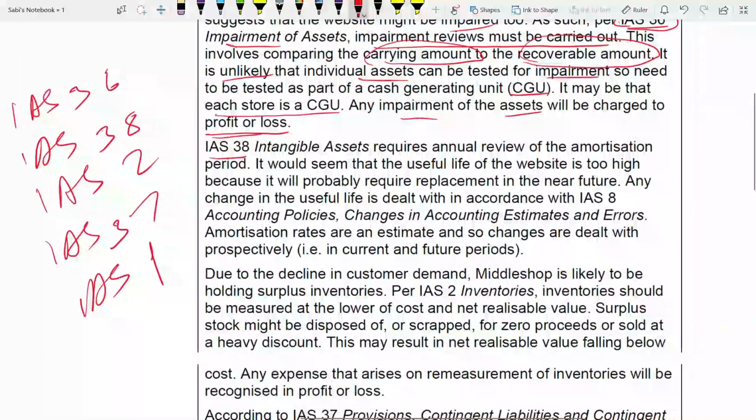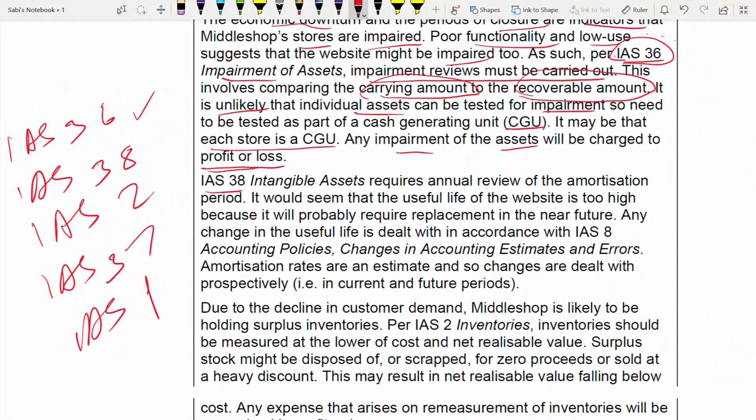So second paragraph, this is over. Now we are in IS 38. So IS 38 is intangible assets, same. For intangible assets, what do you do? You have to do an annual review for the amortization. Okay, so already they have given the amortization for 5 years. Do you think it's appropriate? For the website, see, intangible asset, what is the intangible asset? You always need to understand in your question, whenever an intangible asset is there, what is the intangible asset? Here in this case, website is the intangible asset. So for the website, they have told that the amortization period is 5 years.